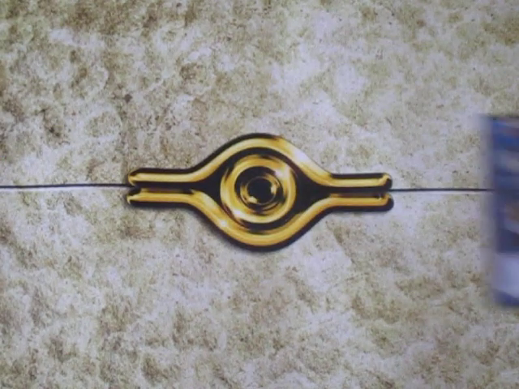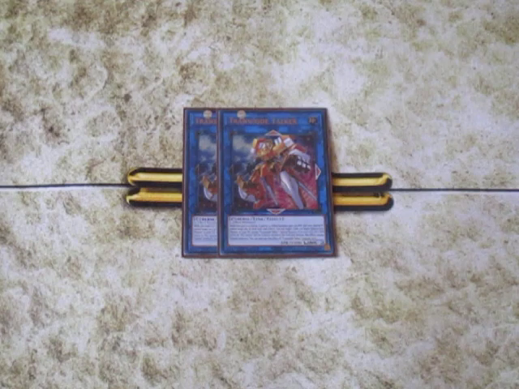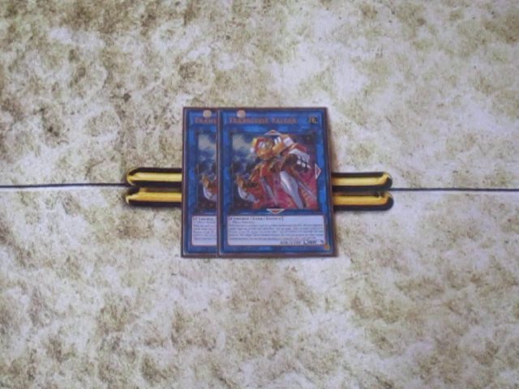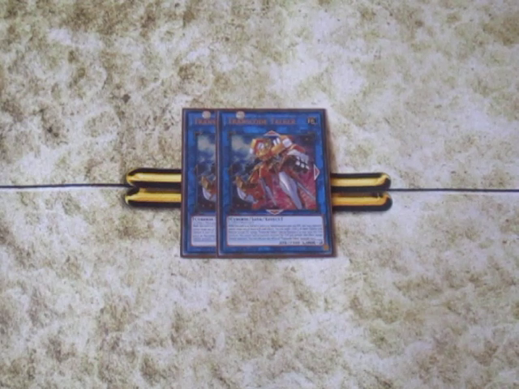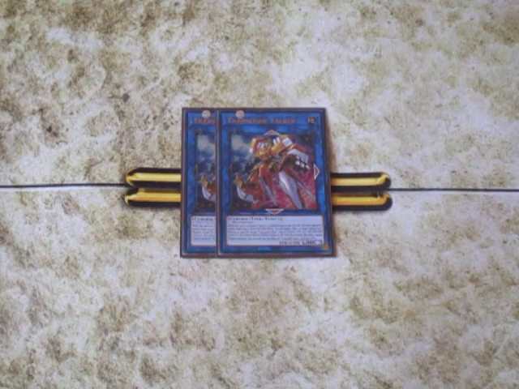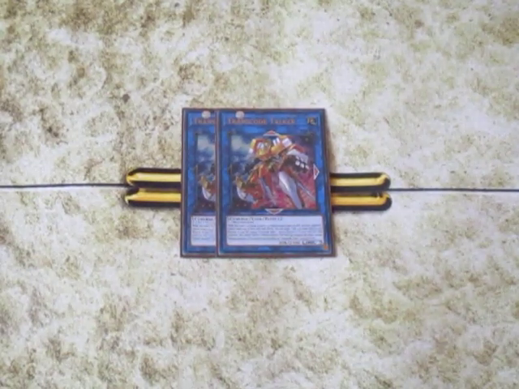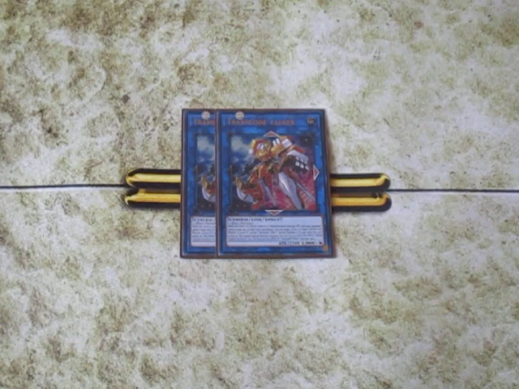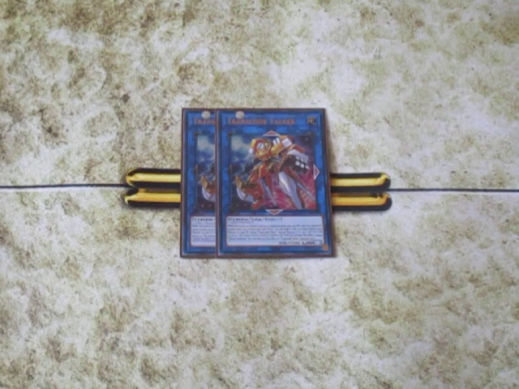Alright, 2 copies of Transcode-Tarker. Alright, if this card is co-linked, it and any co-linked monsters gain 500 attack, so it will automatically power boost itself and anything it's co-linked to, which is cool. Alright. You can target 1 link 3 or lower monster in your graveyard and special summon it to a zone this card points to, so it adds to the whole link special summoning thing. And then of course any card this card points to,